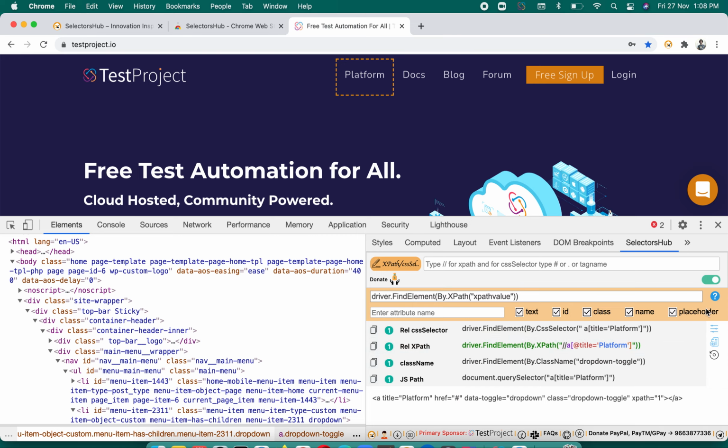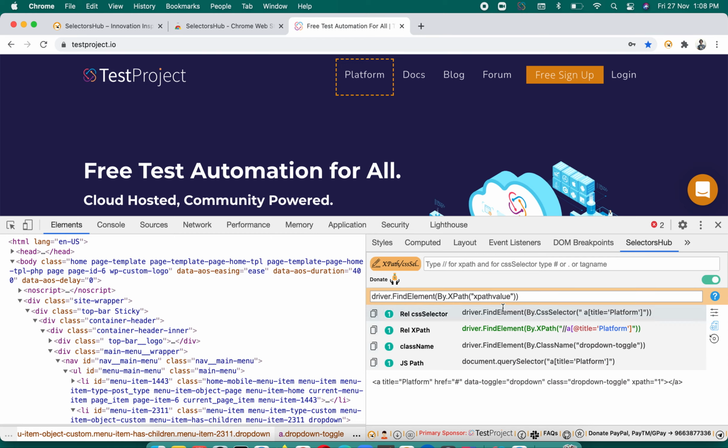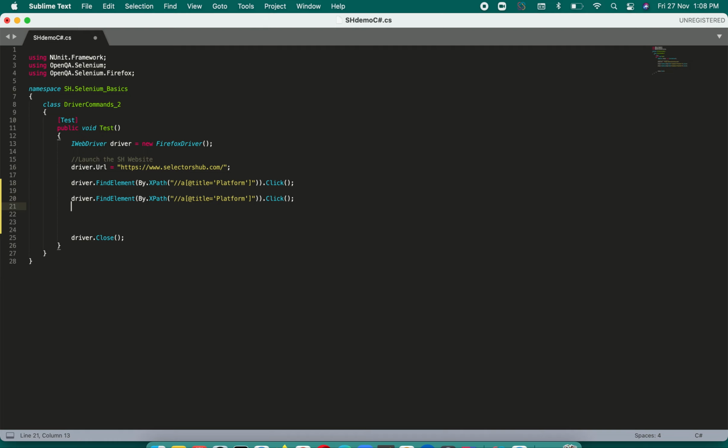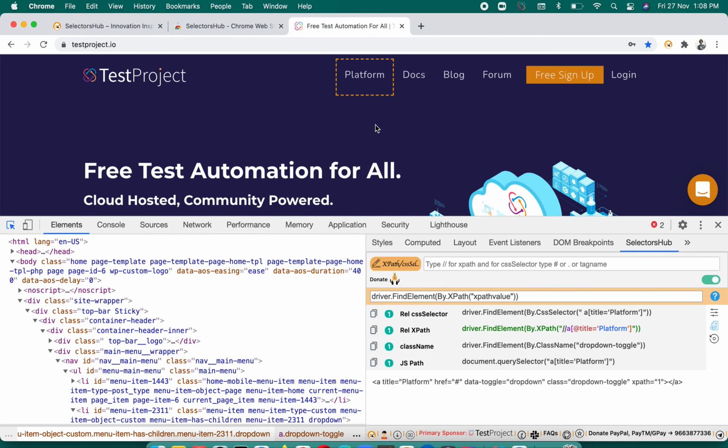You can also hide this attribute setting meanwhile if you don't want to see it. You see that you got all the possible commands, and here you can click on whichever command you want. Let's say we want the xpath one, we click on this, and now you see how simple it is. You just paste. Whatever action you want to perform on this, whether you want to get text or click, you can do it. As simple as that. And now you see the magic.